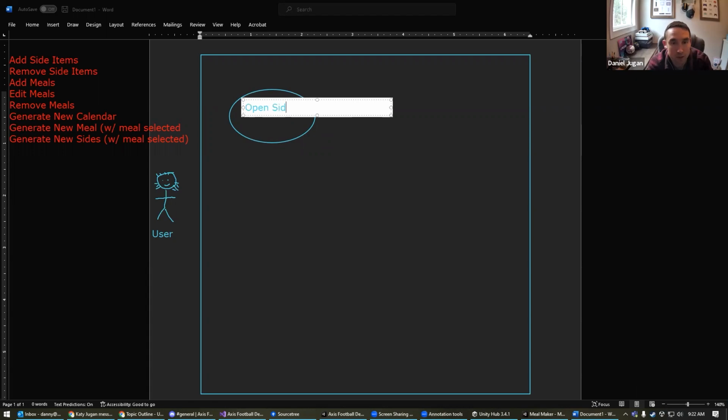Maybe like open side item menu. Okay, or it could be something like you could just have side items, or you could have interact with side items or view side items. Okay, either of those is fine. Now, users can view side items. This would essentially be the equivalent of opening that side items menu. And then from here, you might have